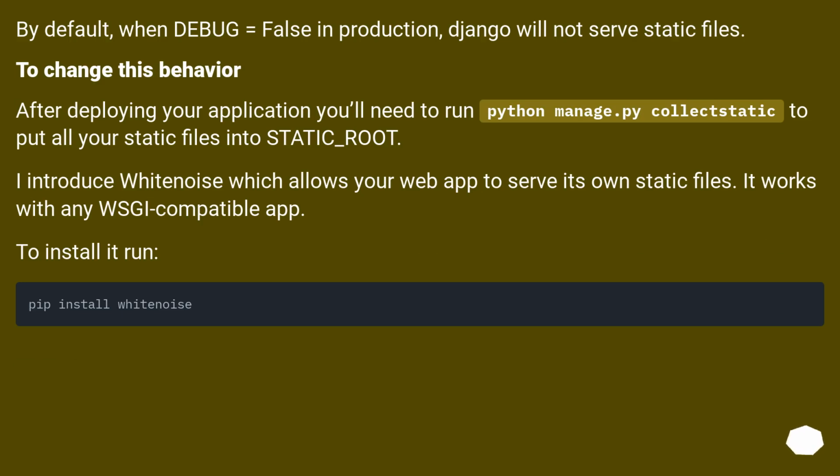By default, when debug equals false in production, Django will not serve static files. To change this behavior, after deploying your application, you'll need to run python manage.py collectstatic to put all your static files into STATIC_ROOT. I introduced WhiteNoise, which allows your web app to serve its own static files. It works with any WSGI compatible app. To install it, run